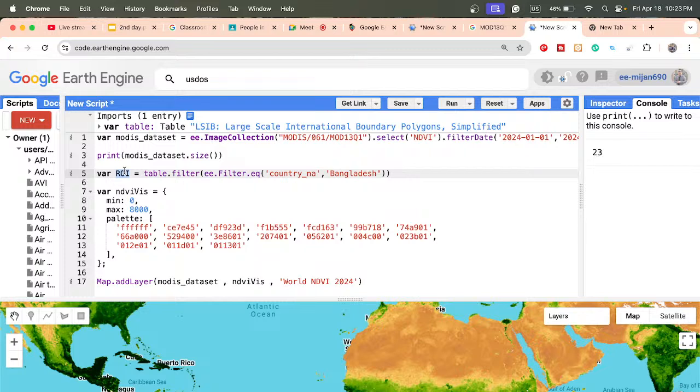So in this case, what I return from this function, I want to return this image multiplied by this value, 0.001. Okay, so in this case I take only one element, mainly one image, but I have also the rest of the 22 images. For that, what can I do? So for the rest of the other images, we have to use a function. It's called copyProperties. I copy the properties after multiplying, and for these properties I apply system:time_start